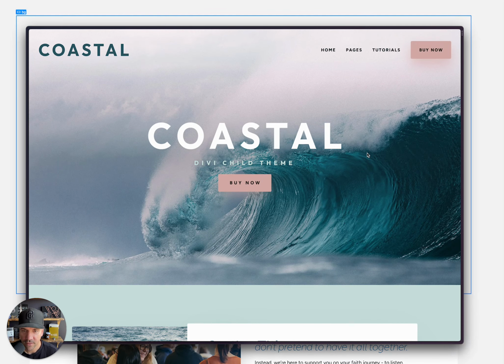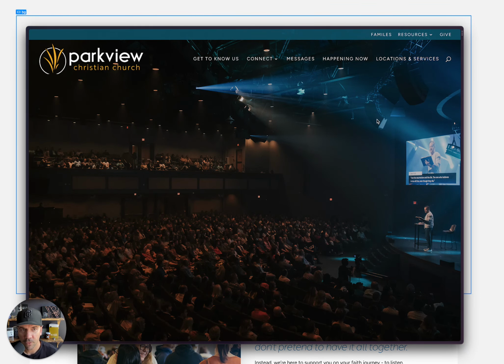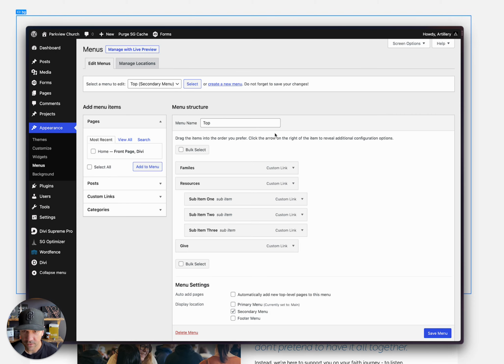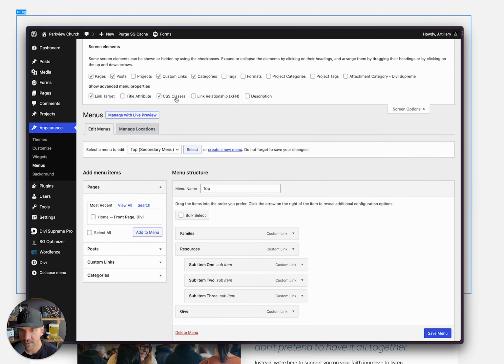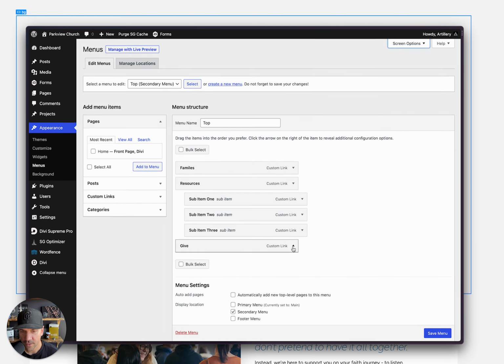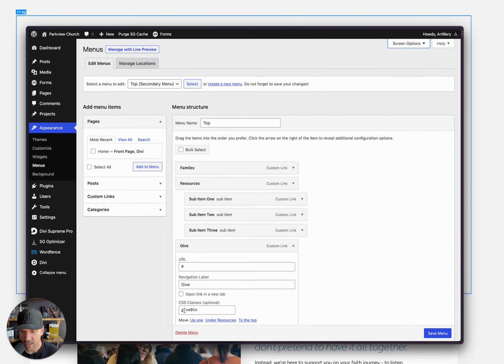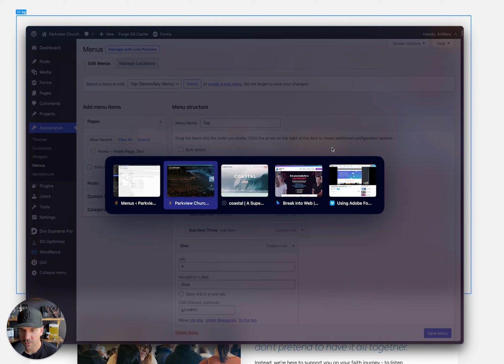This is our latest Divi child theme. But this one, I'm going to set it up, and I haven't done much yet at all. All I've done is, let me take a look here, I just have a top menu identified here with my 3 items here. And then I turned on the CSS class option here so I could give this last item a class of give button right there. So we'll definitely be using that. And then what I've also done is I've set up,